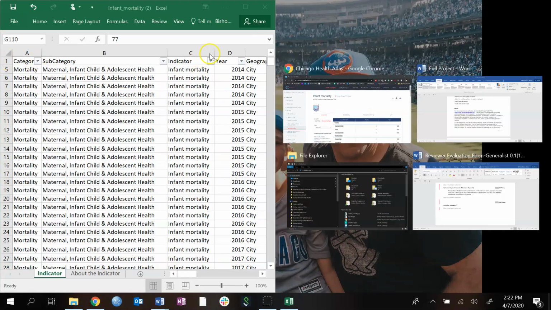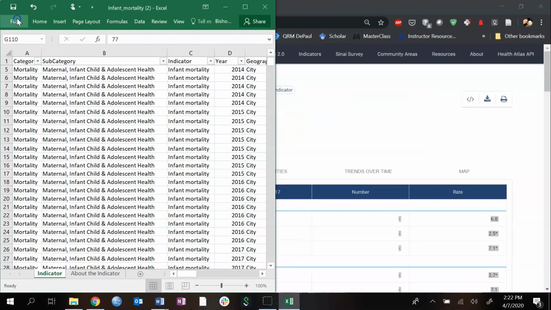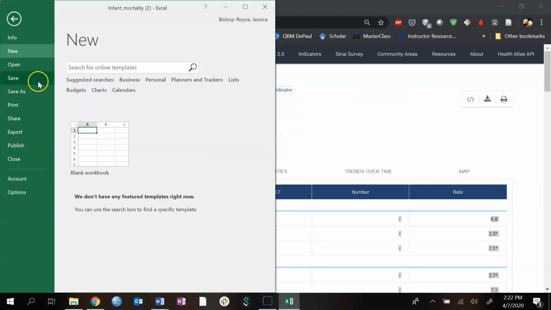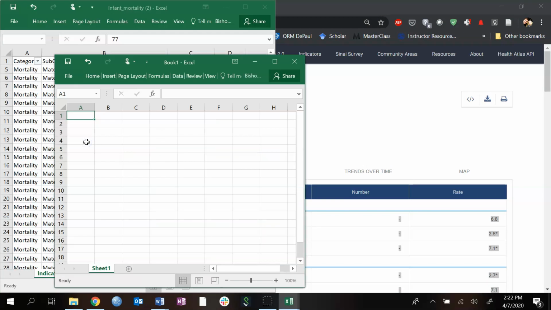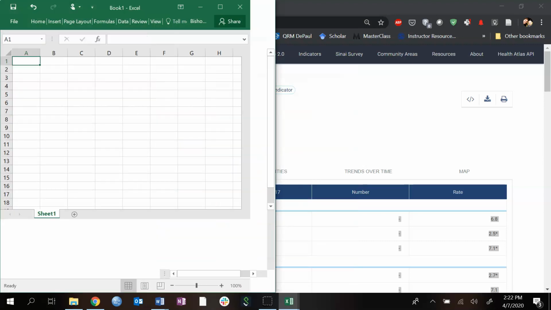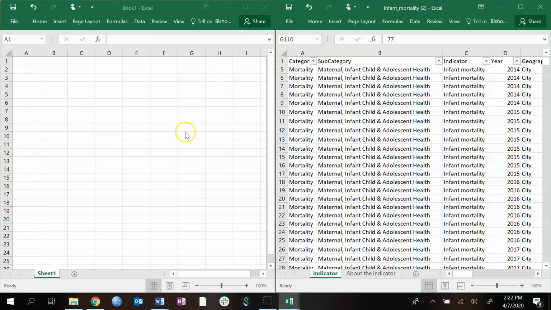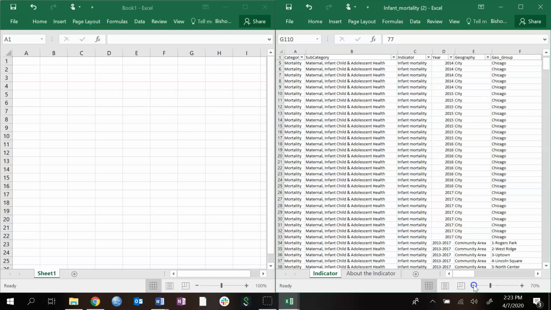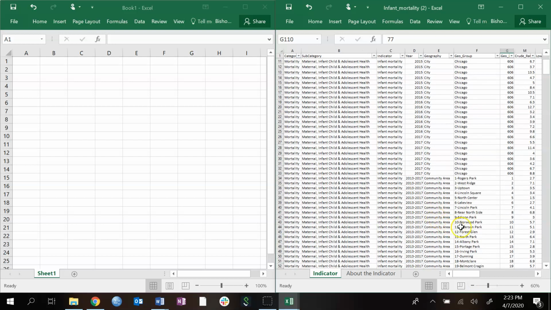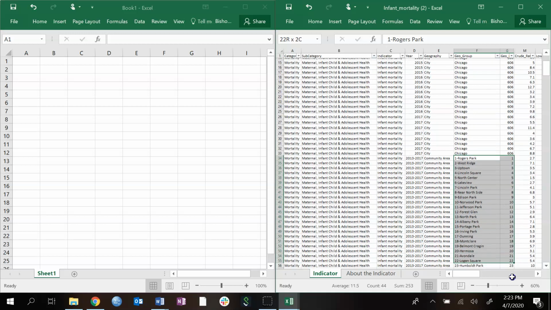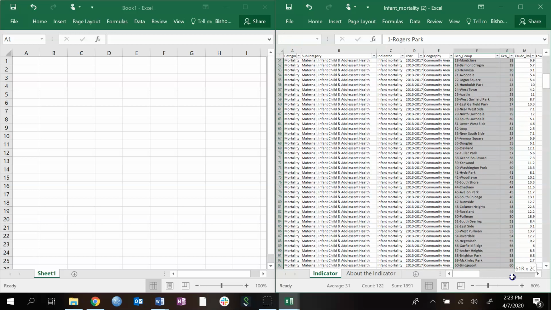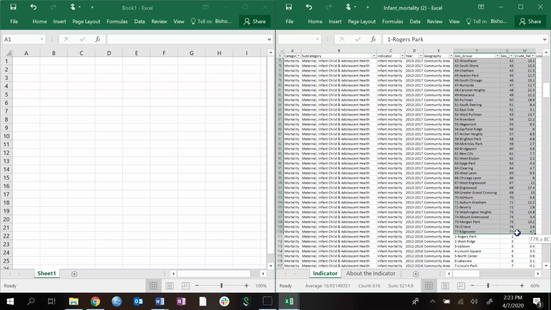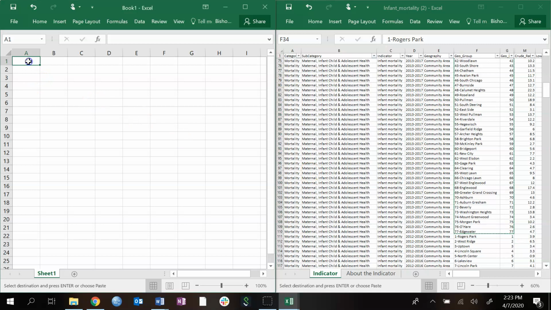I'm going to go split screen because I think it is probably the easiest way to do this. If you've got a double monitor setup, like shout out to you and the good choices you've made, because that's awesome. Okay. So we're going to start by trying to get the community name and the number, okay? And as you can see, I'm highlighting the name and number right now, and I'm going to copy and paste those into my new spreadsheet, okay? I'm just going to bring them right over here and